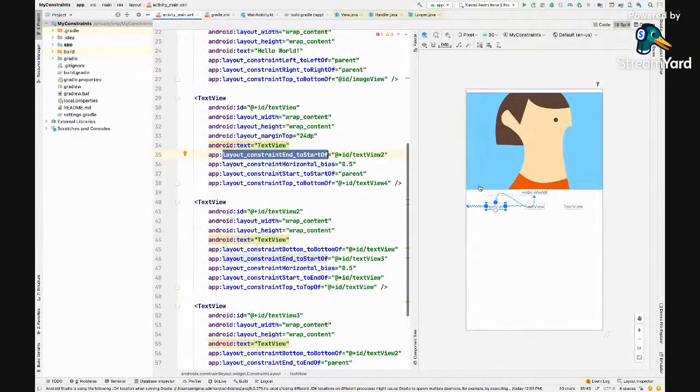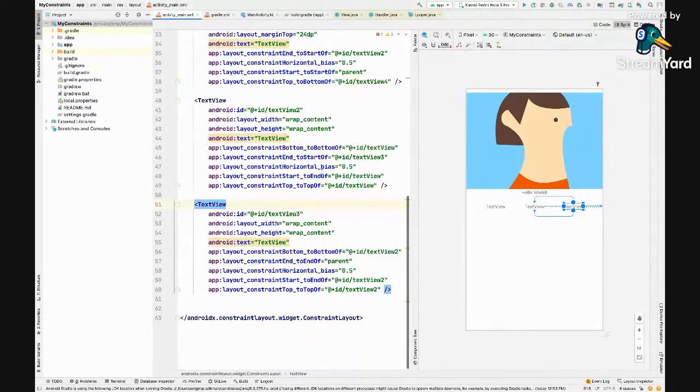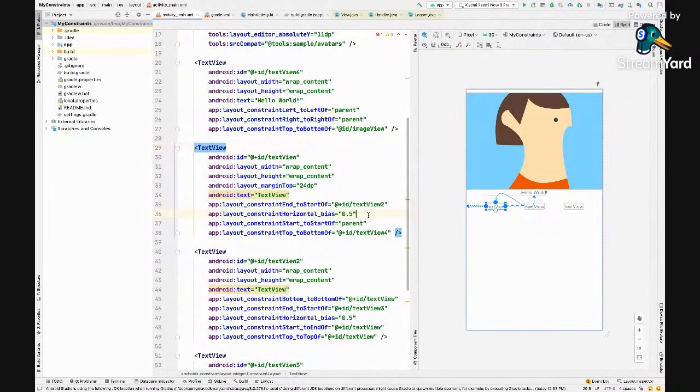We have end to start of this one, and we have start to start of parent. This one is end to start of this text view 3, and start to start of this text view 2. Okay, so this is one particular phenomenon which is also specific to constraint.